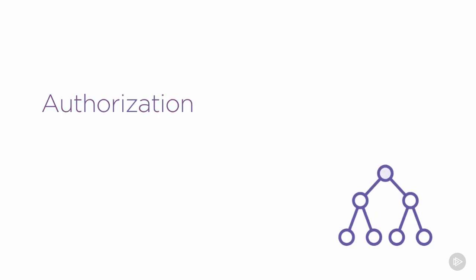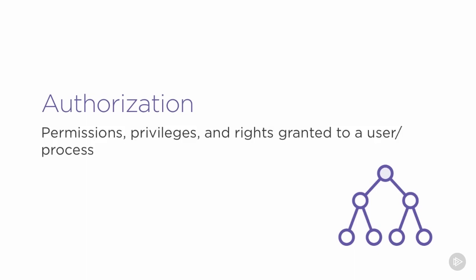So, first of all, the person says, I'm Joe. They prove they're Joe by knowing Joe's password and having Joe's token or smart card. But now that they've been authenticated on the system, we give them certain levels of privilege. And this, of course, is authorization. What are their permissions, privileges, or the rights that they are now granted as an authorized user or process on the system? This is where we bring in those concepts known as need to know.